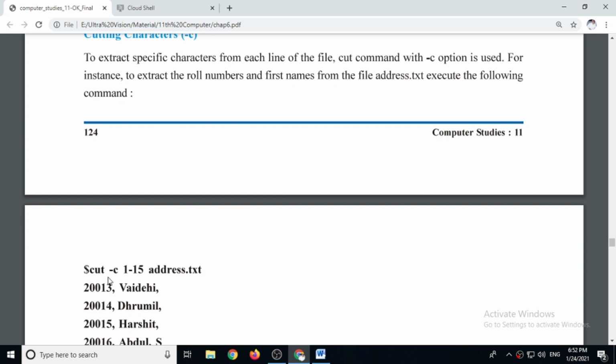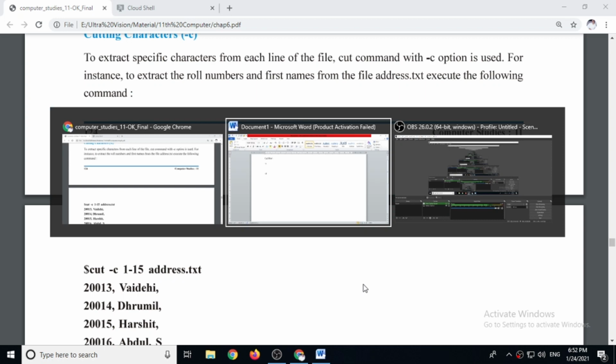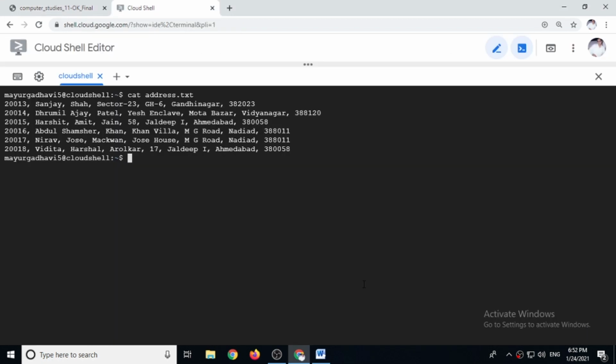We have to use -c option first. So cut -c 1-15 address.txt. Let's write this command. Cut -c 1-15 address.txt. So from each and every line it will take 1 to 15 characters. So actually this command doesn't work properly.